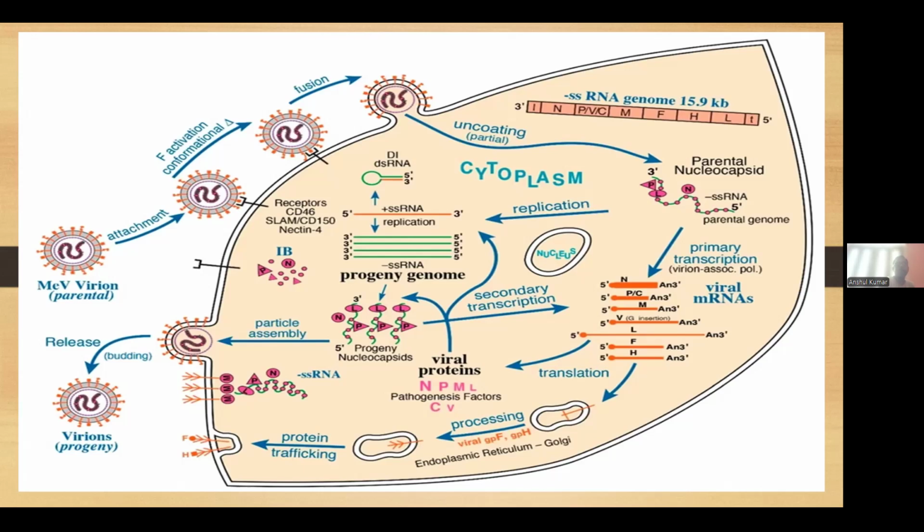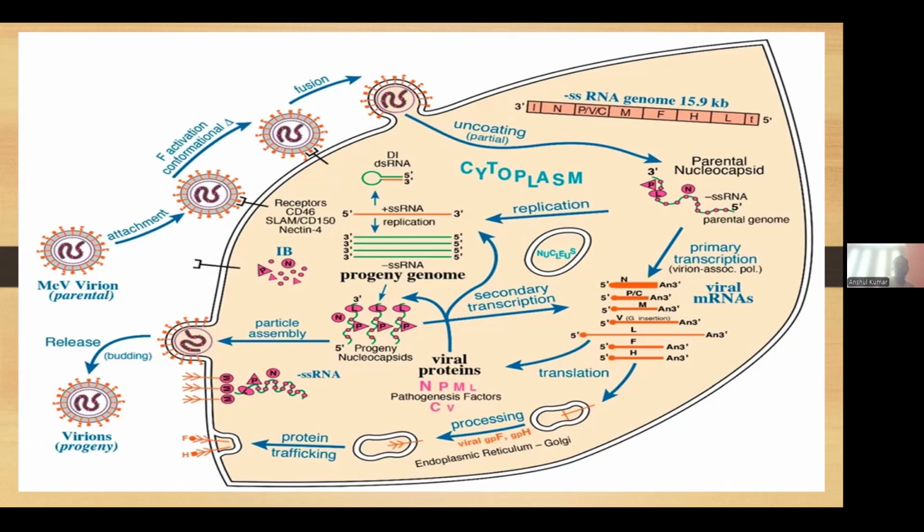After that, uncoating of the envelope takes place, and the nucleocapsid is released into the host cells, which is present as the genomic structure, a single-stranded RNA structure. Now here you can see that either replication takes place, from one copy to multiple copies of a single-stranded RNA genome, in one pathway, or in the second pathway you can see that